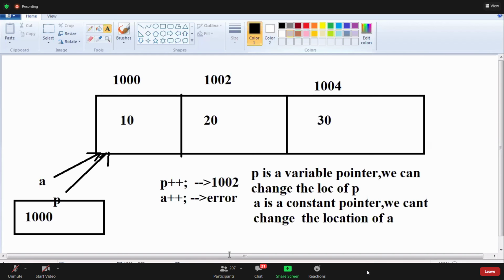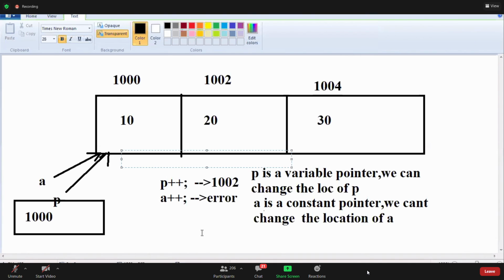And write this diagram also. We can write this as a of 0, star a plus 0. What is star a plus 0? Star a means 1000, guys. 1000 plus 0.